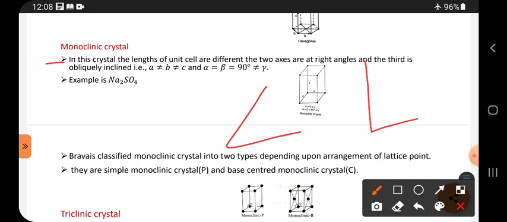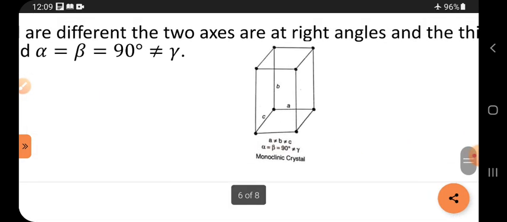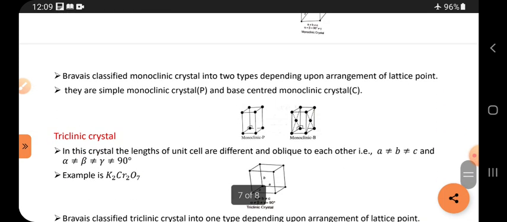That is, a is not equal to b is not equal to c, but alpha equals beta equals 90 degrees, but not gamma. So gamma is a different angle. A good example for this is Na2SO4. See the diagram. So this is the diagram. But according to Bravais,